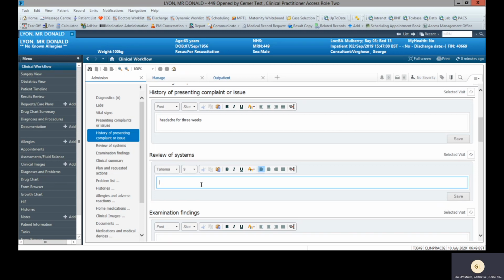Review of systems. In this case, you might want to use the Manage Auto Text functionality. The Manage Auto Text allows you to record a paragraph, a template, a spelling for use later on, and it will save you a great deal of time, even though it may take a bit of time to set up initially. So if I want to set up a template for review of systems, I'd probably put the headings